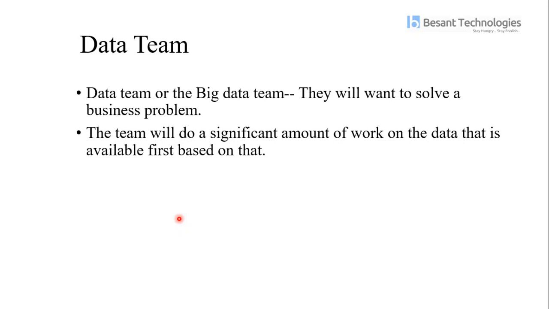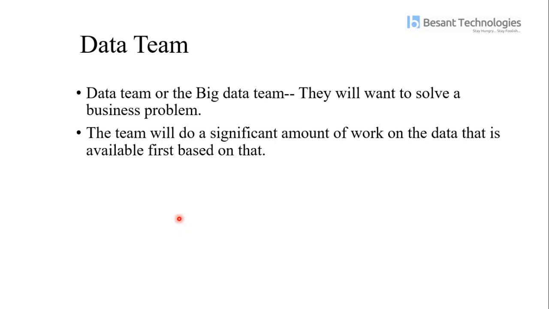Volume is how much data you have, whether your data is in megabytes, gigabytes or terabytes, and which category your data belongs to: images, videos, or CSV, structured and unstructured files.